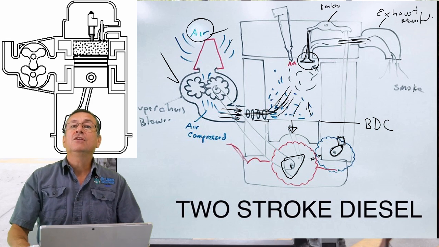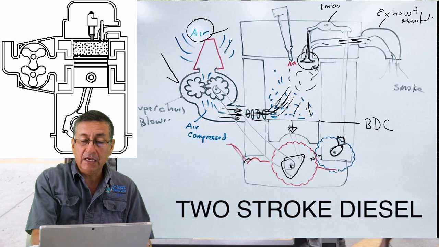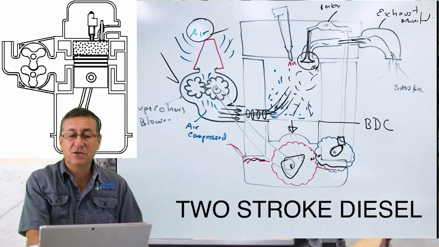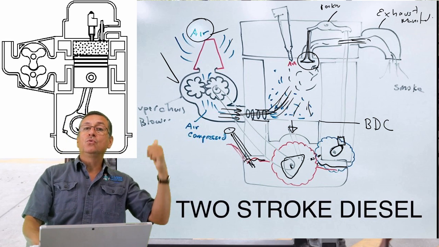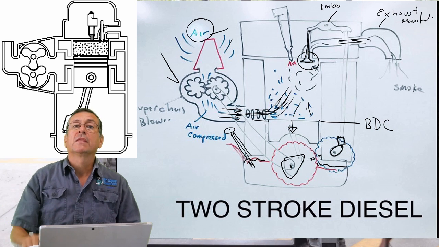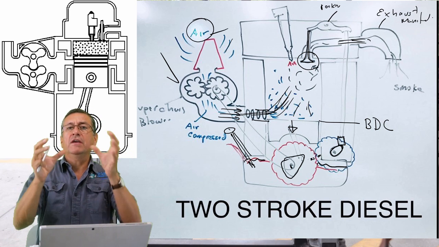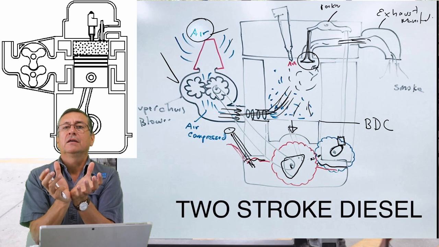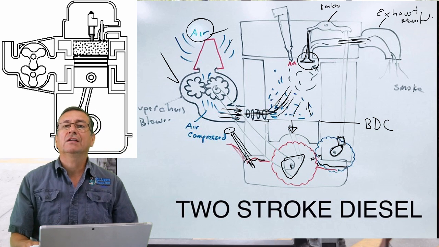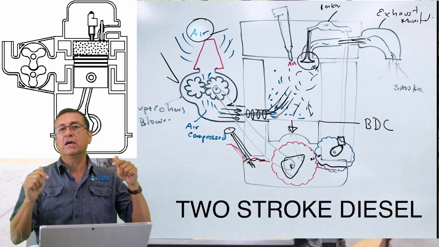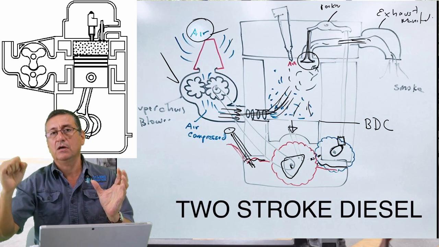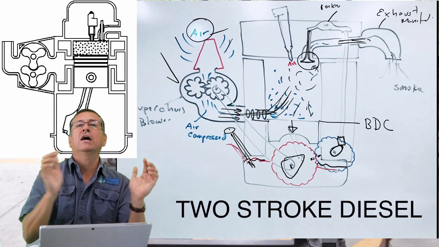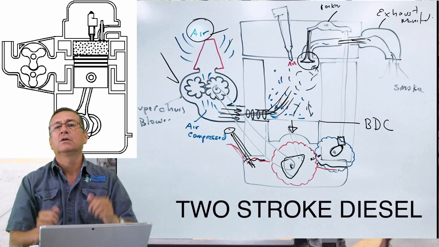Yes, in the diesel engine, you have oil in the oil pan, in the crankcase. You have oil, and you have this stick in order to check the level of the oil. In the gasoline two-stroke engines, you don't have this stick. Why? Because you don't have oil accumulated in the oil pan. Remember, the carburetor in two-stroke gasoline engines mixes the oil with the air and the fuel, and that mixture enters the crankcase,